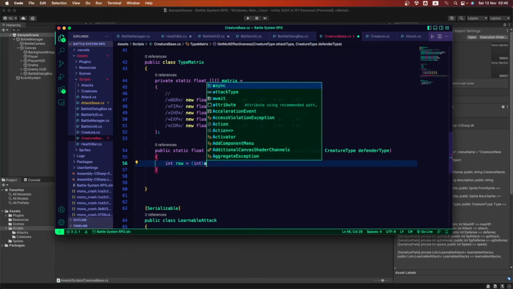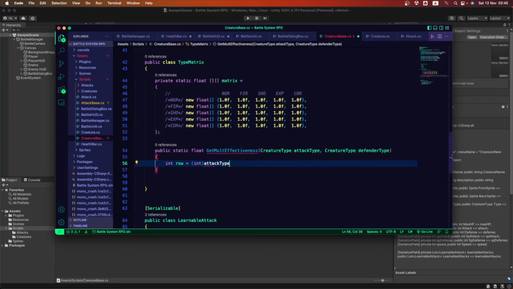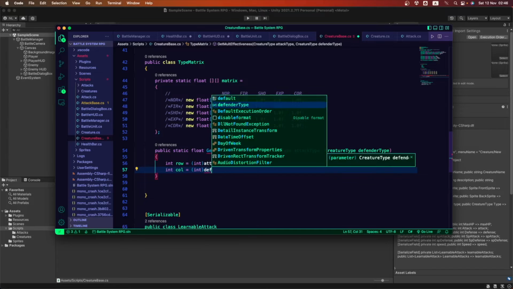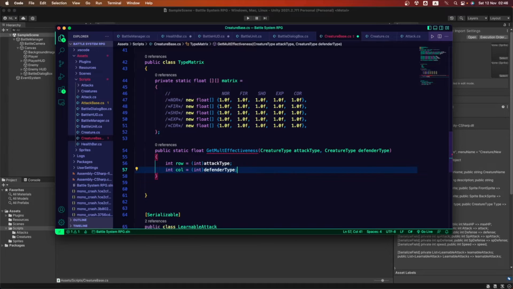This is gonna be the attack type. As I said, first we want to know what type of attack is going to be selected, and after that we want to know which type of creature is gonna get damaged by that attack.